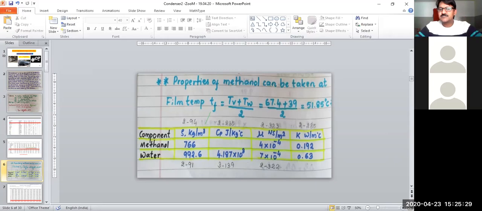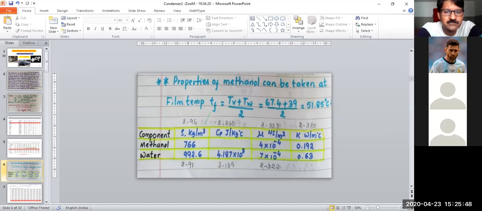Do you have the previous class notes with you? No, sir. Why not? Anirudh, is it Anirudh? What about others? Do you have the previous class notes? Yes, sir. Okay, please check how you have taken the properties of vapor. So please all of you answer this question: how have you taken the properties of vapor?